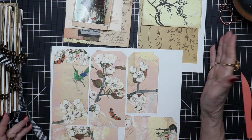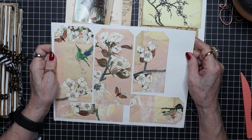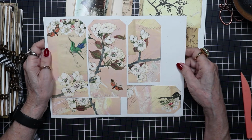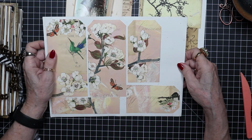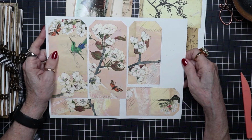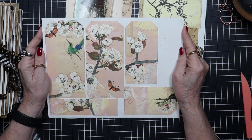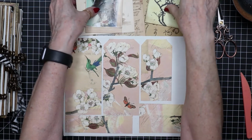Which I may need and may not. And so right now I'm going to cut out these tags and we'll have fun seeing what those look like. Since I may be nearing the end of what I can film in this segment, I'm going to pause now and be right back. Okay, here we are back again, and so I'm ready to do some cutting